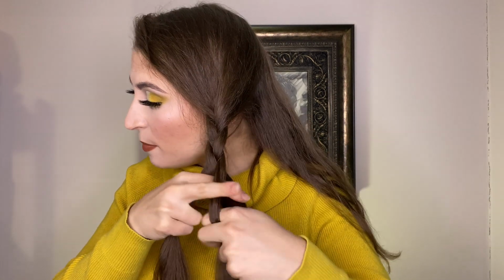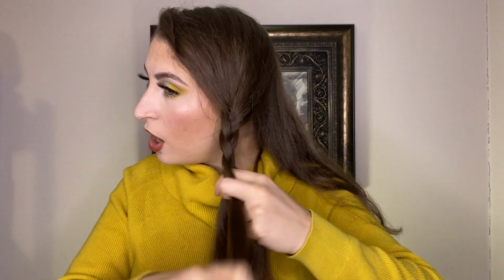Next, you're gonna take your left strand and put that over the middle. And it now becomes your new middle. And again, you'll take the right over the middle and left over the middle. And you're just gonna continue that pattern all the way